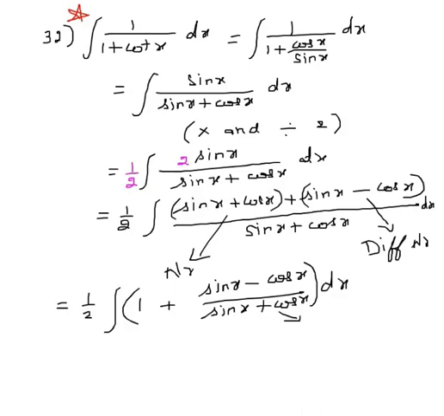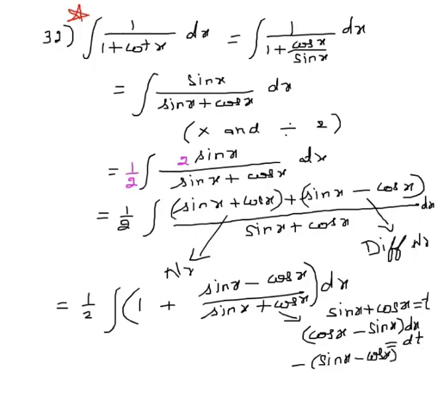So this has to be done by substitution. Let us substitute the denominator as t, because the differential of this is there in the numerator. Differential of sine x is cos x, and this is cos x minus sine x dx is equal to dt. Take minus sign out. Half into integral of 1 dx plus, the substitution is only for the second term,